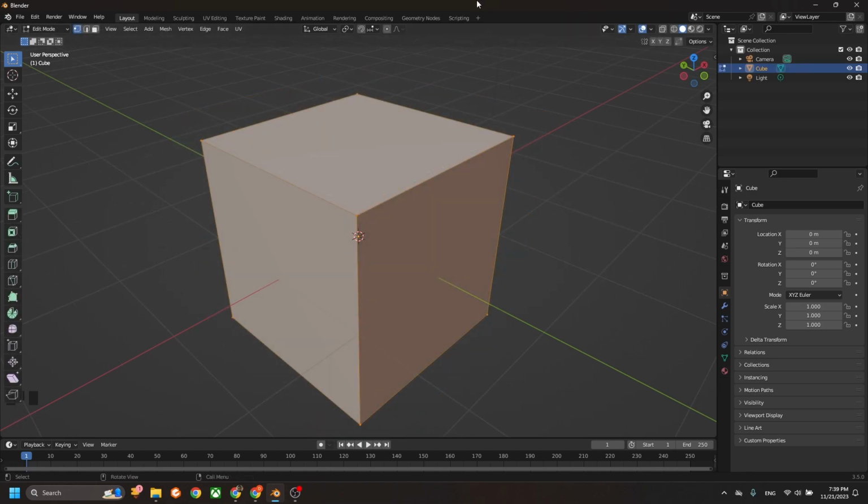So in the Modeling Workspace here, or in the Edit Mode specifically, as we can see, the layout of the application is pretty much the same, and of course on the left side we still have this huge list of tools. Previously we had only several of them available, for example transform tools, which we will look at in a minute. But for now,